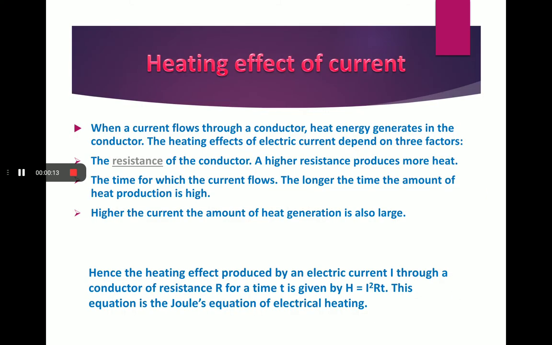In this video, we will study the heating effect of electric current. Here, students, we must have seen that in our home there are a variety of appliances that run on electricity, like bulb, fan, heater, iron. All these appliances run with the help of electricity. The same electricity makes the bulb glow, the same electricity makes the fan rotate, and electricity heats up the heater and iron. So, how does the electricity behave in all these appliances?